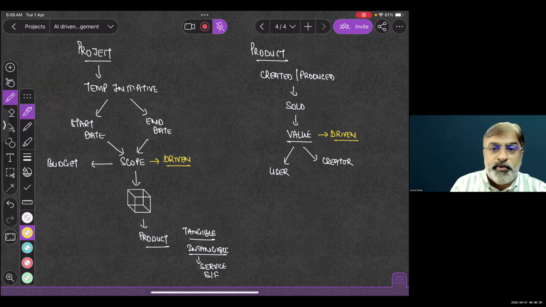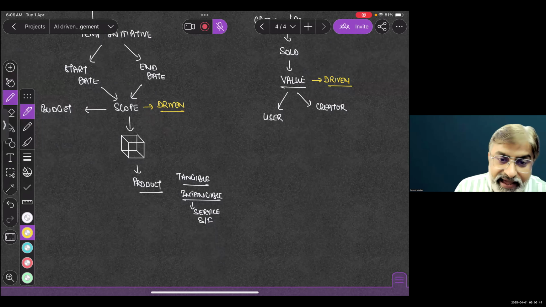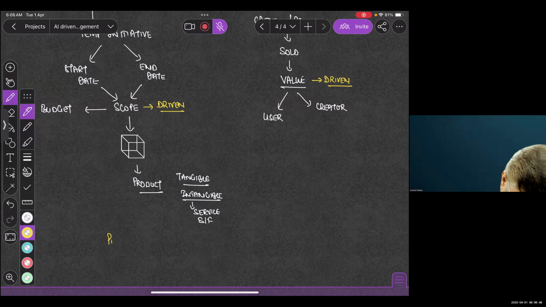Now, when you work on the project and product, we often carry a mindset, the mindset which is value driven and the mindset which is scope driven. So when we are actually working in a scope driven mindset, we often carry a project thinking, or you can say project mindset,